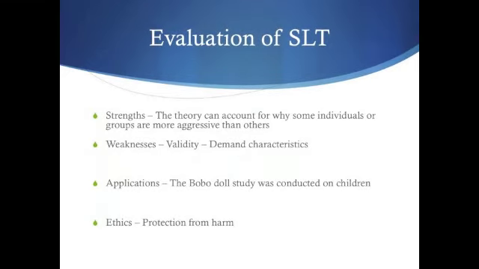The final point I'm going to discuss then is to do with ethical considerations. Researchers have been intentionally exposing children to situations which are aggressive, in the knowledge that they may then copy these aggressive acts. So there's an issue there in terms of ethical guidelines with protection from harm, and it means that studies involving the social learning theory and aggression are now quite hard to test, because since the Bobo doll experiment, ethical considerations have potentially been tightened up, which makes it harder to get clearance to do these sorts of tests,